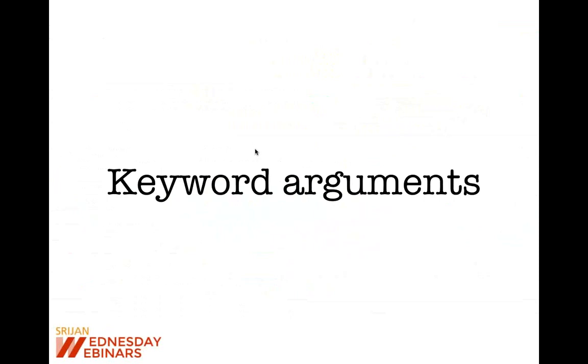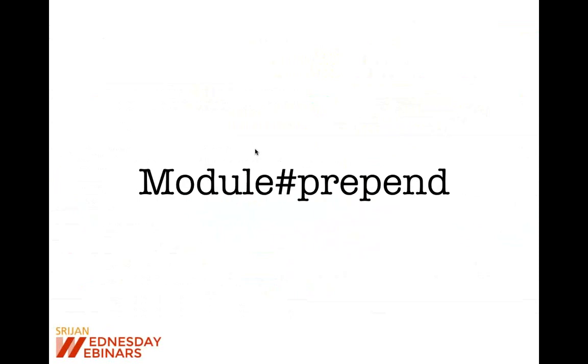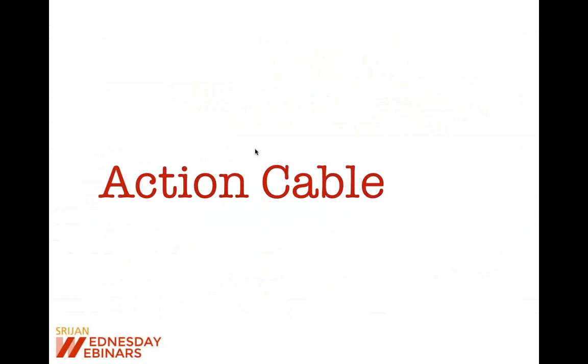Keyword arguments were introduced in Ruby 2, and as Rails now depends on 2.2, it can start using them. It also uses module.prepend in some parts. So a big opportunity like bumping a language version also gives Rails a chance to clean up some of the internals and make things cleaner. And obviously Rails is using it to the fullest.